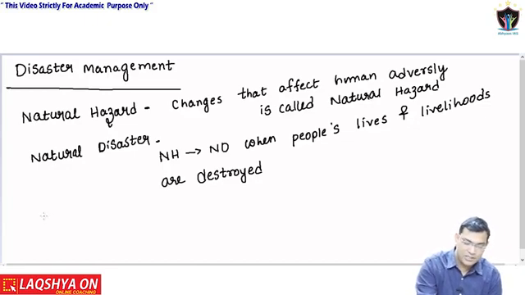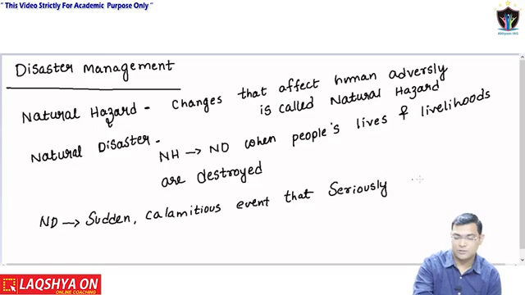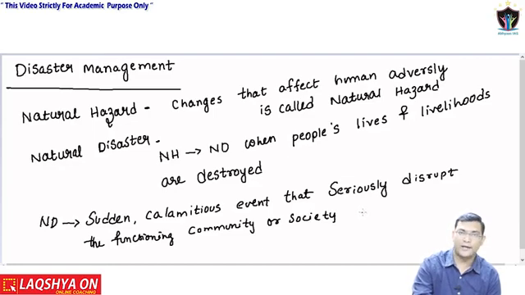Okay, natural disasters are sudden climatic events that seriously disrupt the functioning of a community or society and cause loss to economic, human life, livelihood, etc. And one more,